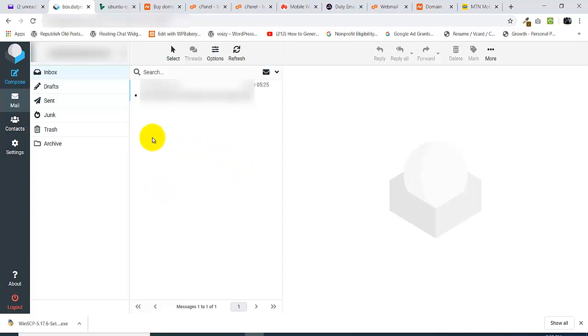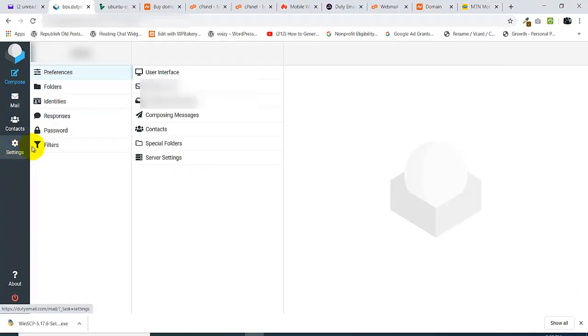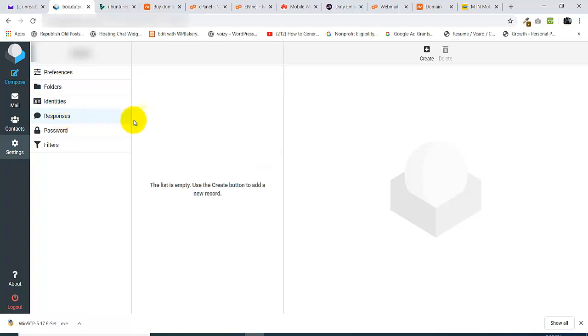Another thing you can do is create auto responses, or an autoresponder, right here. For instance, for an email sent to john at johnconstructiongroup.com, the person sending the mail will automatically get a response even while you are sleeping. To do that, you just click on settings, and then click on responses,